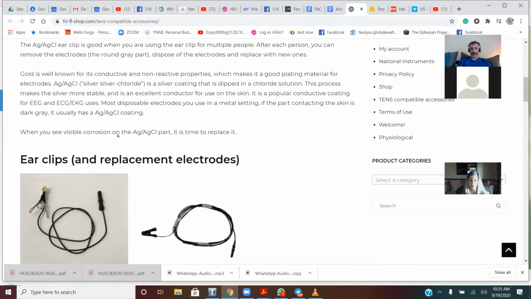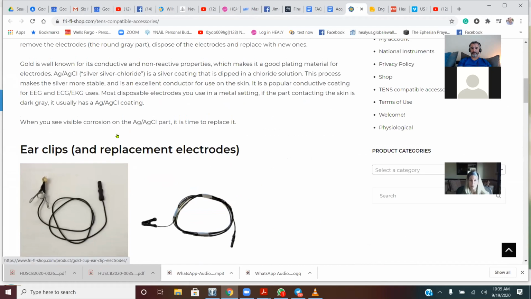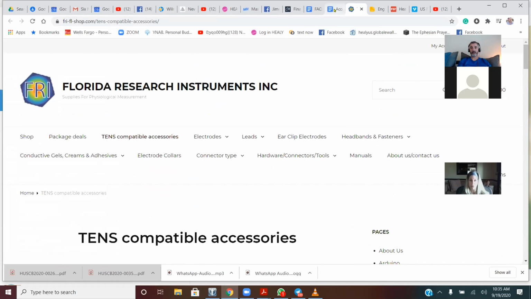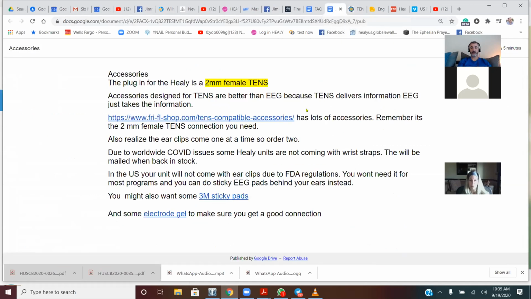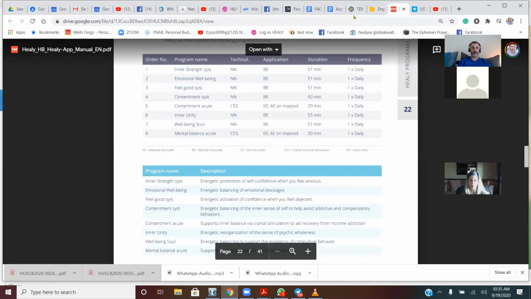But this is a place where you can get different TENS compatible accessories. If you'll notice on the accessory page, it says you need a 2mm female TENS connection. Anyways, going back to the device itself.